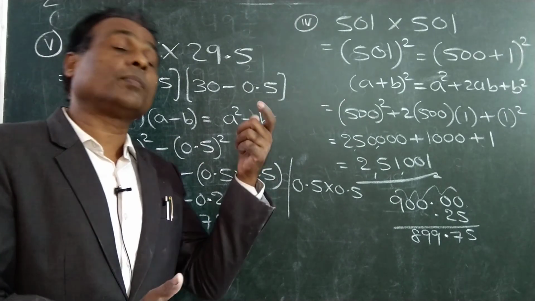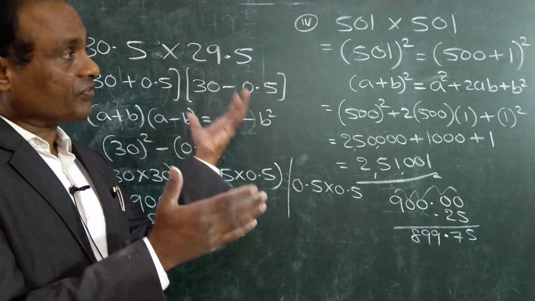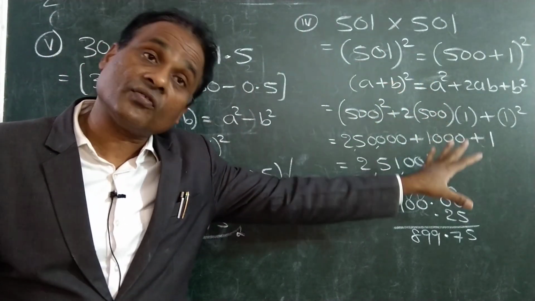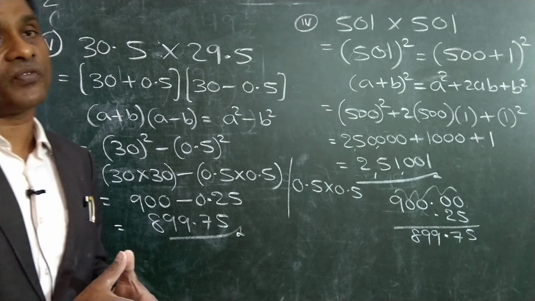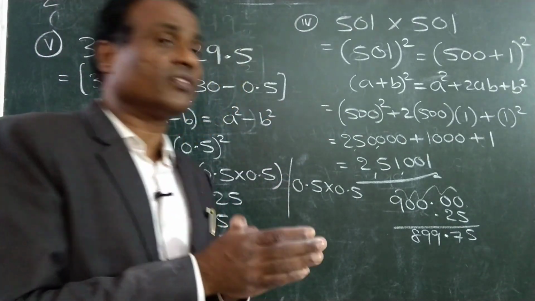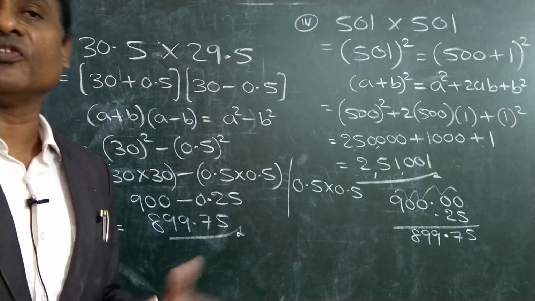If it is a square minus b square, we can write it as a plus b into a minus b, or if a plus b into a minus b is given, we have to write a square minus b square. So if the left side is given, we can change it into the right side, or if the right side form is given, we have to convert it to the left side form. So both ways you have to remember. All those 10 formulas, practice the identities, and look at these 10 problems which we solved.